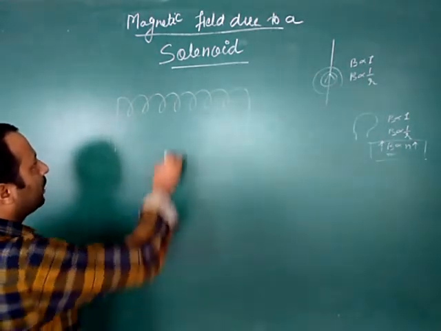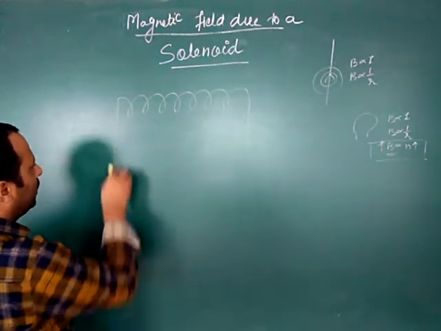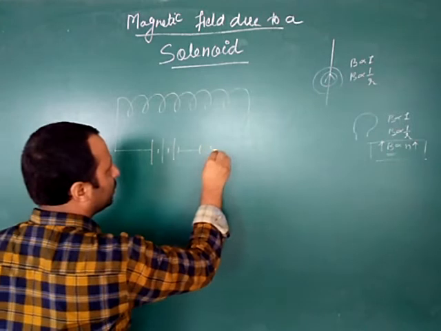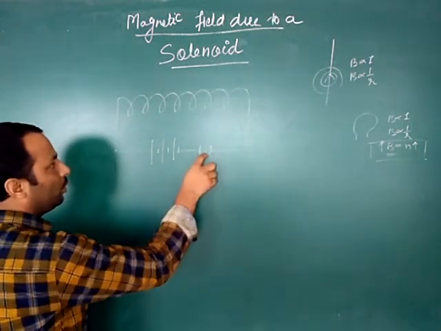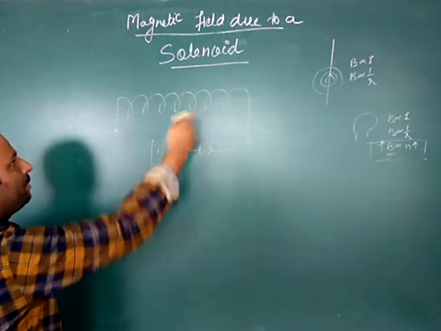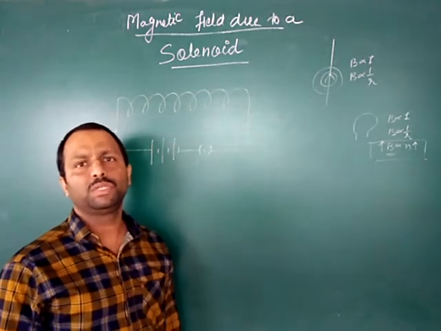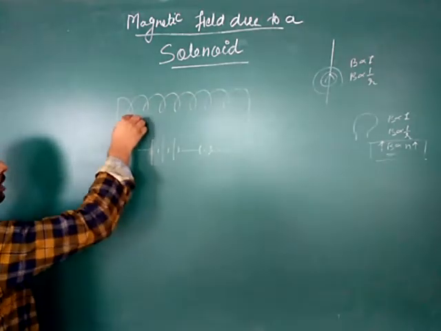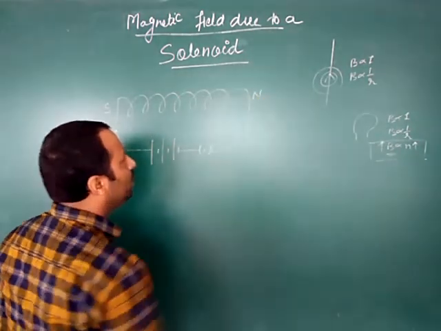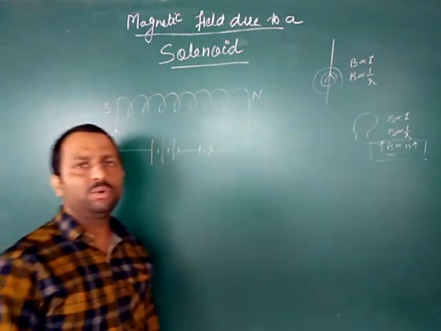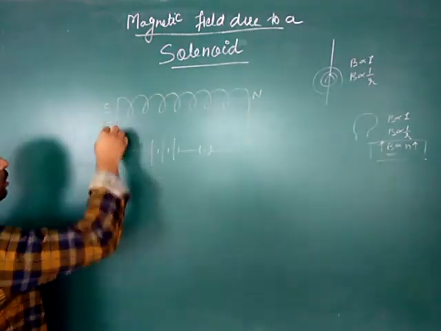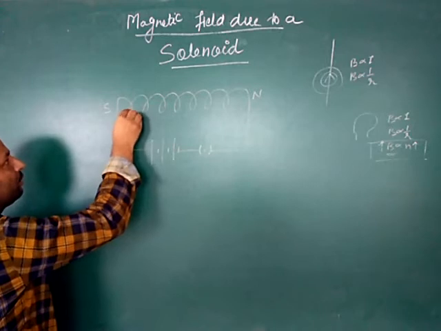And when we connect these terminals to the battery and a switch, and we close the switch, what will happen? The current will flow and a strong magnetic field is developed around the wire. One end behaves like a south pole and the other end behaves like a north pole. I will illustrate how one end behaves like a south pole and the other like a north pole. See here, the direction of the current will flow in this manner.